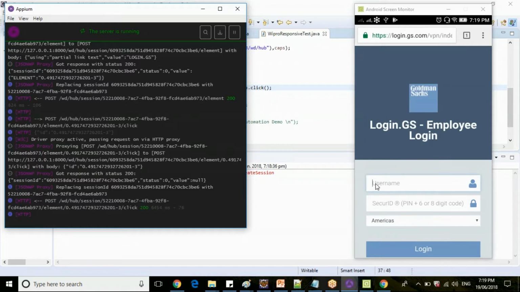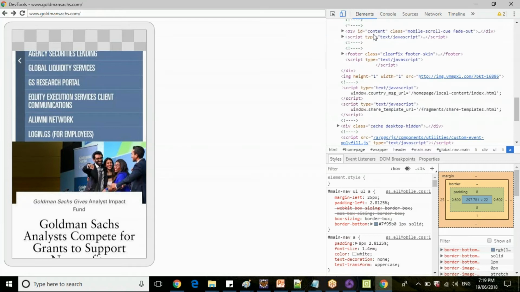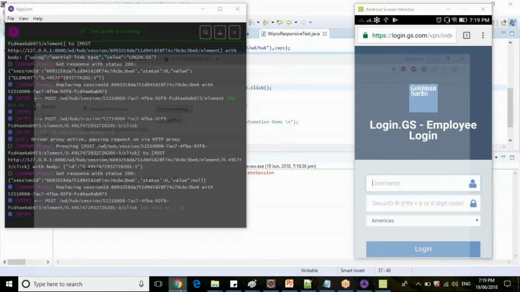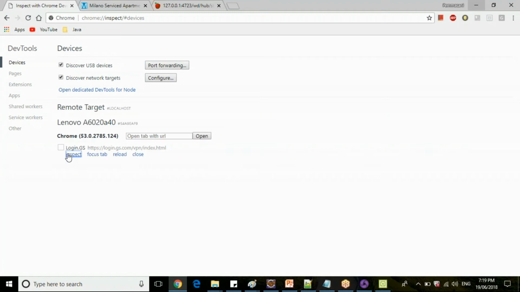So let's quickly identify the XPath for username, secure ID, and login button. So go here. Just click on refresh to reload the screen, or click on the inspect tab.